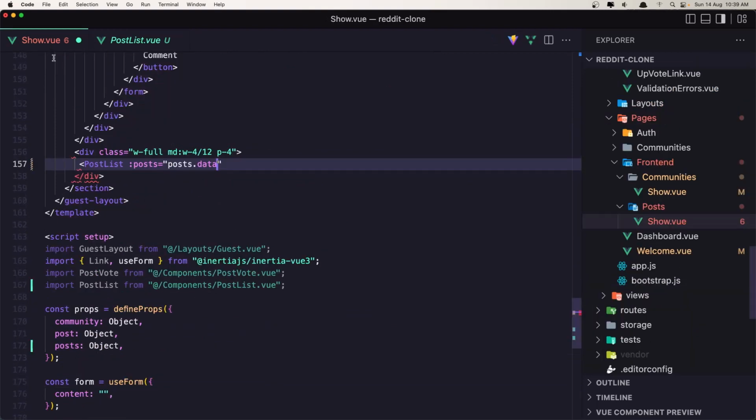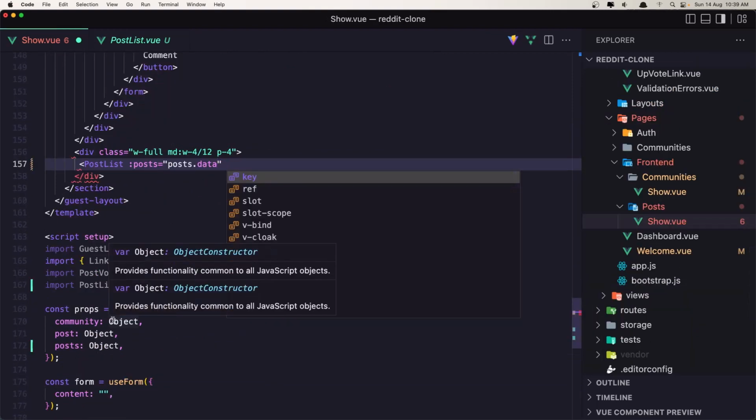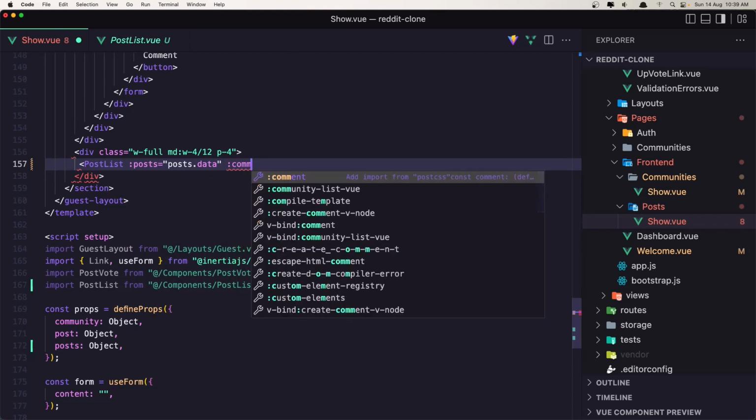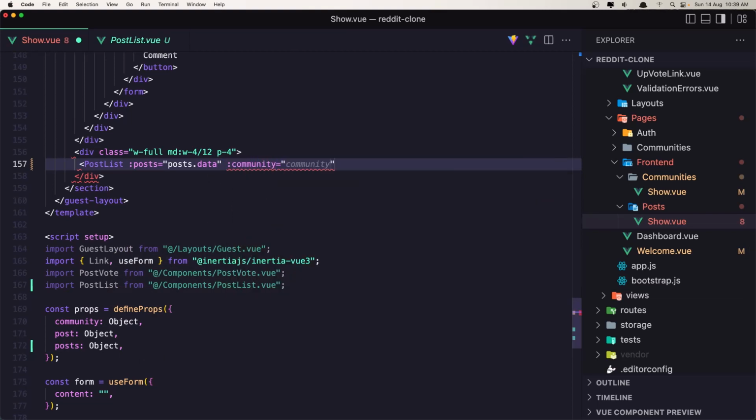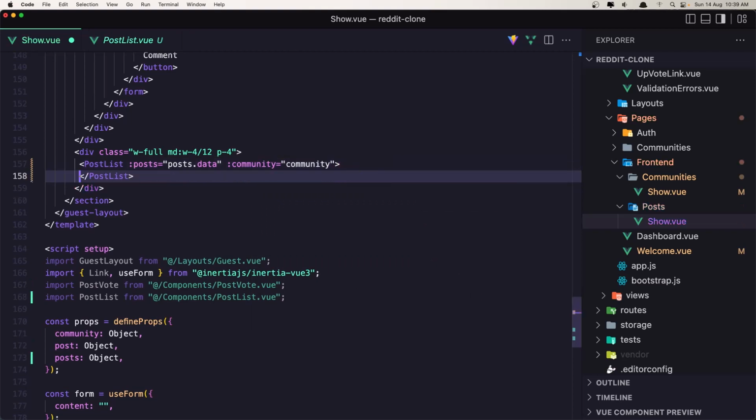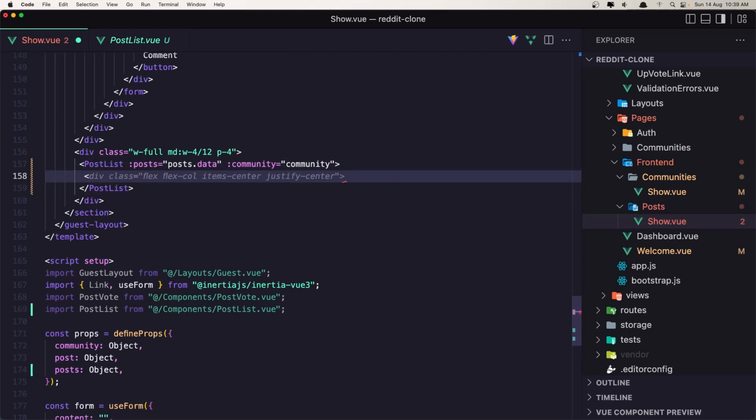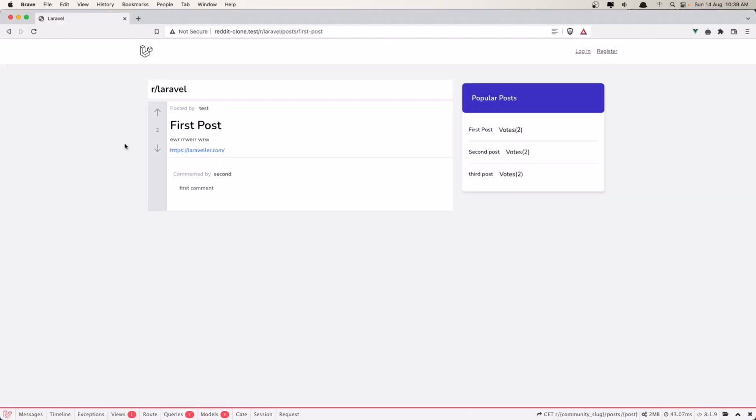So let's add the community as well. We have the community, so let's say community to be community. Let's close like this and add a template with the name title, and I'm going to say popular posts. Okay, save this, and yeah, now we have the popular posts for this community,